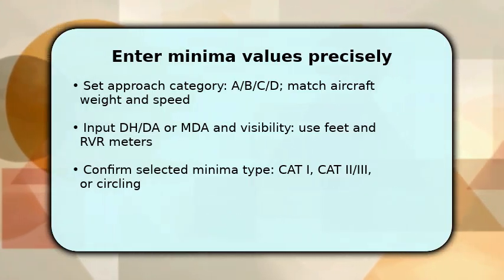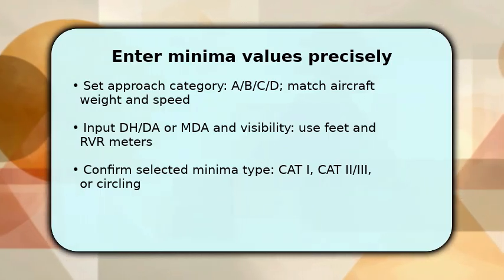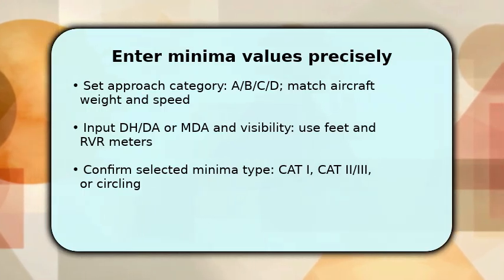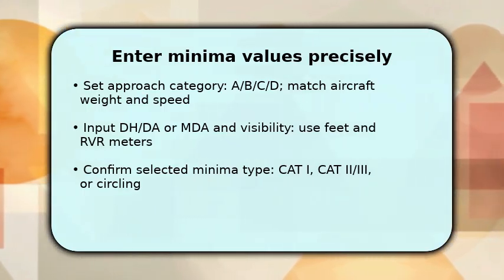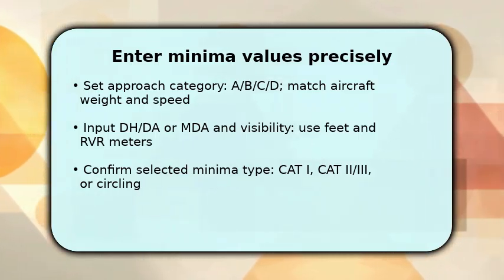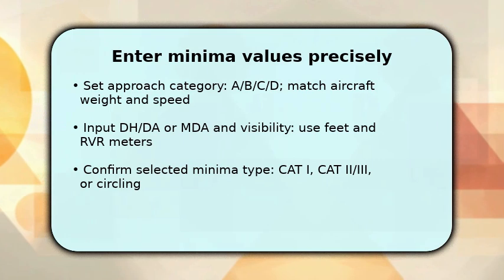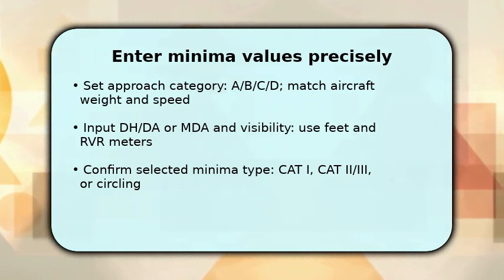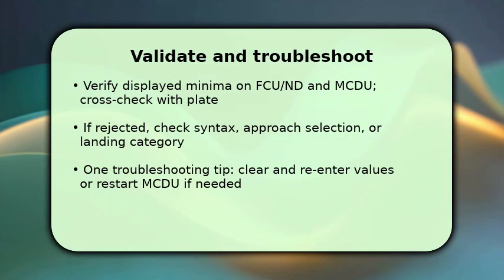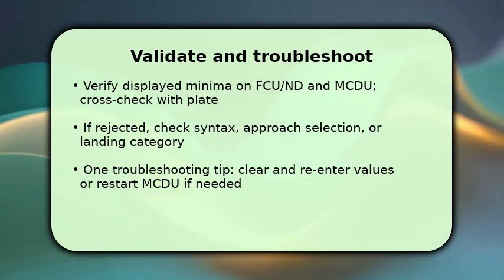Make sure to select the minima type, CAT I versus CAT II/III or circling, because it changes autoland and alert logic. After entering values, cross-check with company minima and approach plate. Once complete, press EXEC or confirm so the system accepts the new minima. Finish by validating that the minima appear correctly on the MCDU and navigation displays, and that the aircraft mode logic